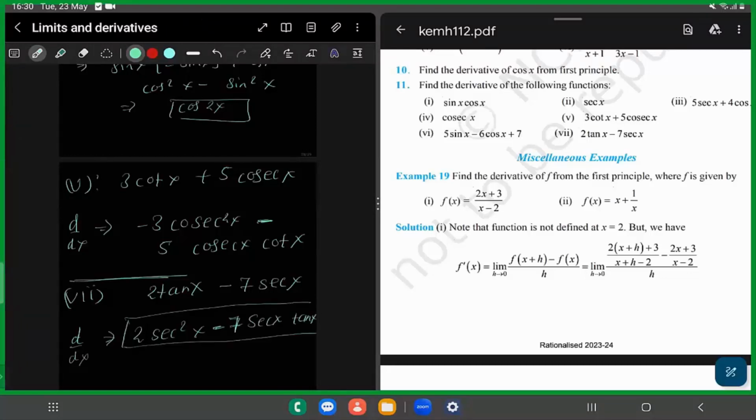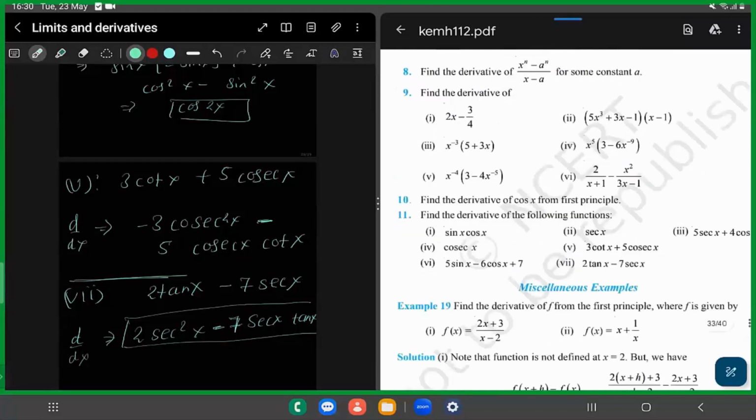So that's all about this chapter of limits and derivatives, and I think we have solved almost all the questions that are relevant to this chapter by covering the important and necessary concepts and applying them in the problems. The rest we will try to cover in our next lectures, and by far I think you are okay with the concept of application of